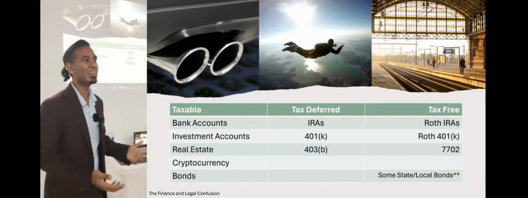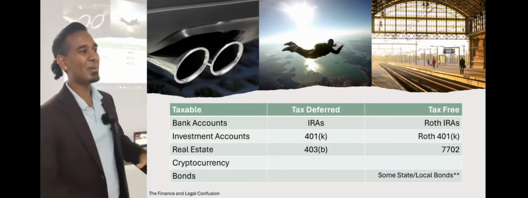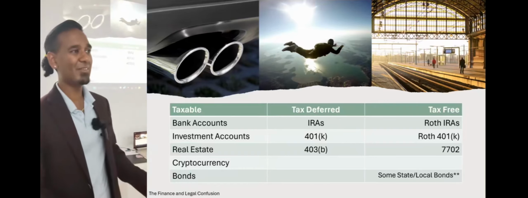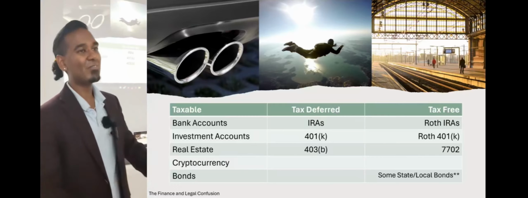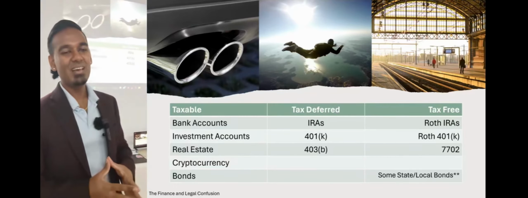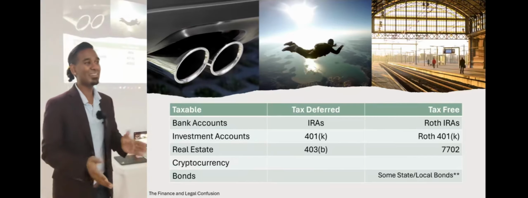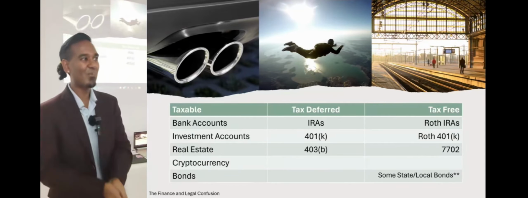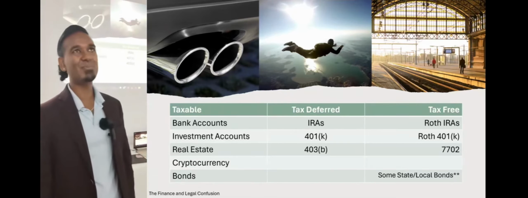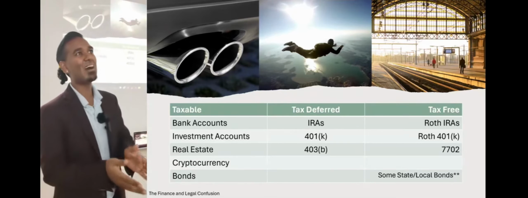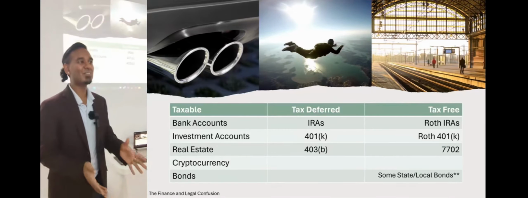You can have an IRA, but an IRA has only marginally better benefits compared to an individual investment account. And the thing about retirement accounts in general is that they have a lot of limits on them, right? The biggest limit is that you can't touch the money before 59 and a half or actual retirement age, which is 62 or 65. That's why having an IRA isn't giving you the freedom that you need.